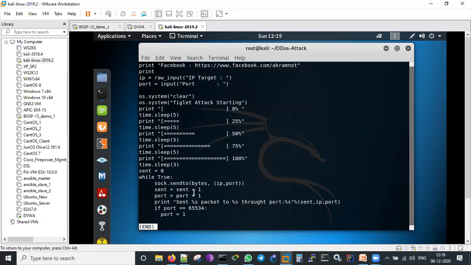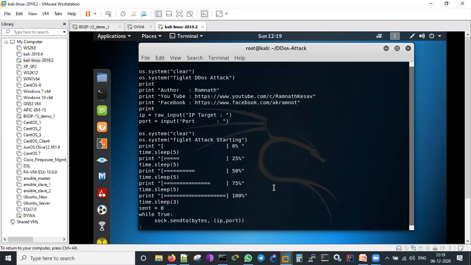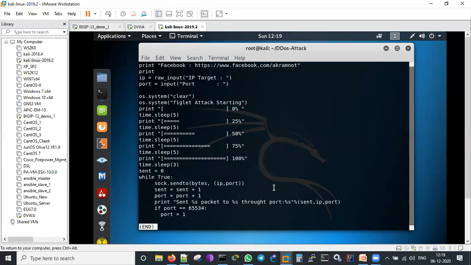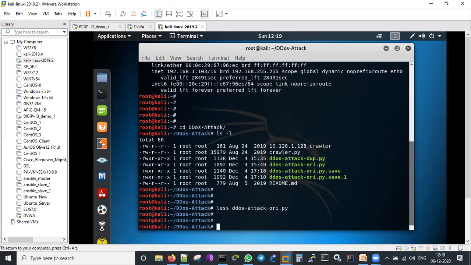Sorting, send to this much of a bytes on IP and port, send and port on one like that. This much packets to this much port, something like that it is going to. So it will be like an attack only. Definitely it is a DDoS attack. It will keep on running on this one attacks. So I will be doing this attack to this application.